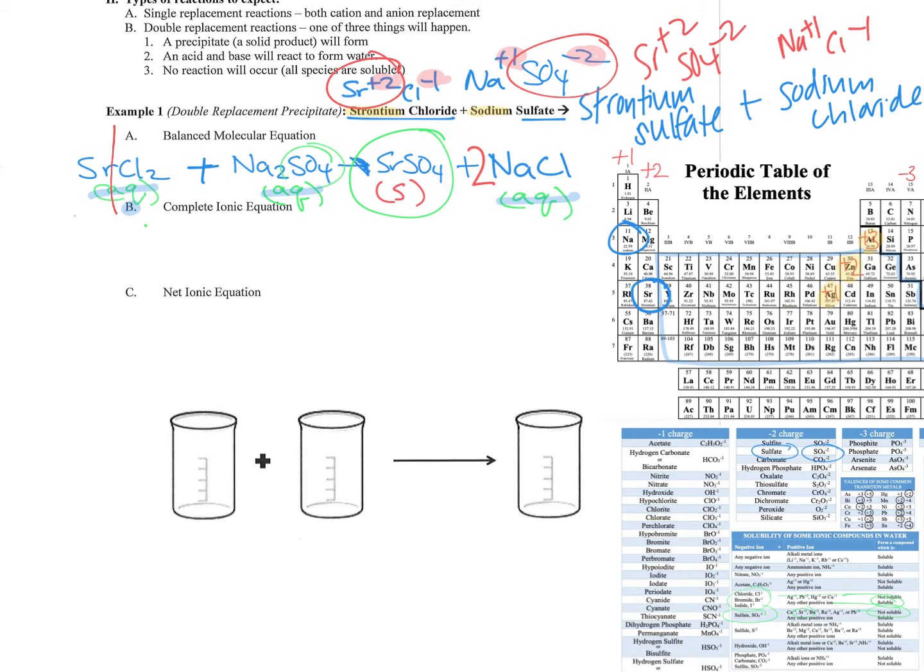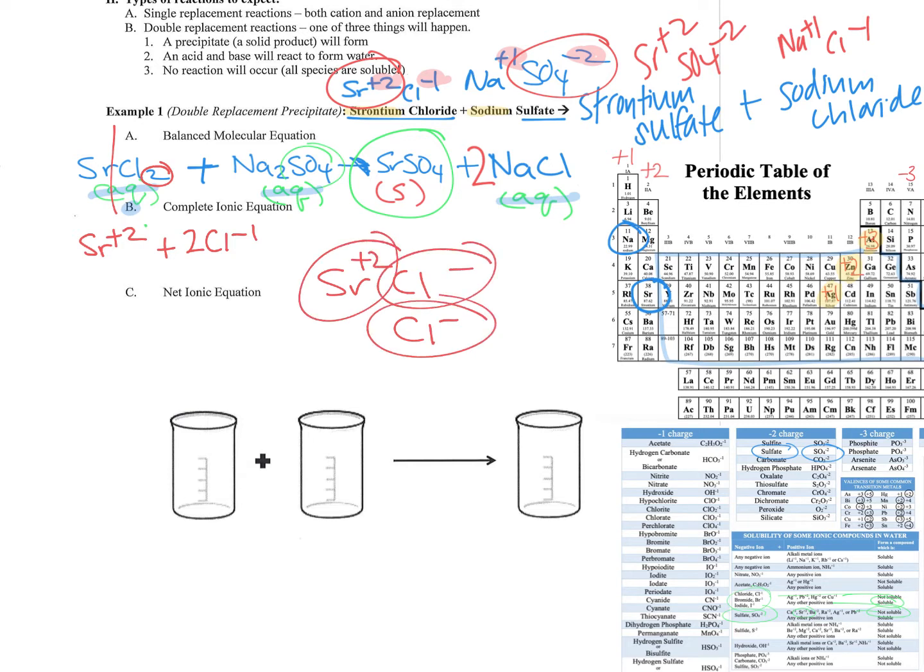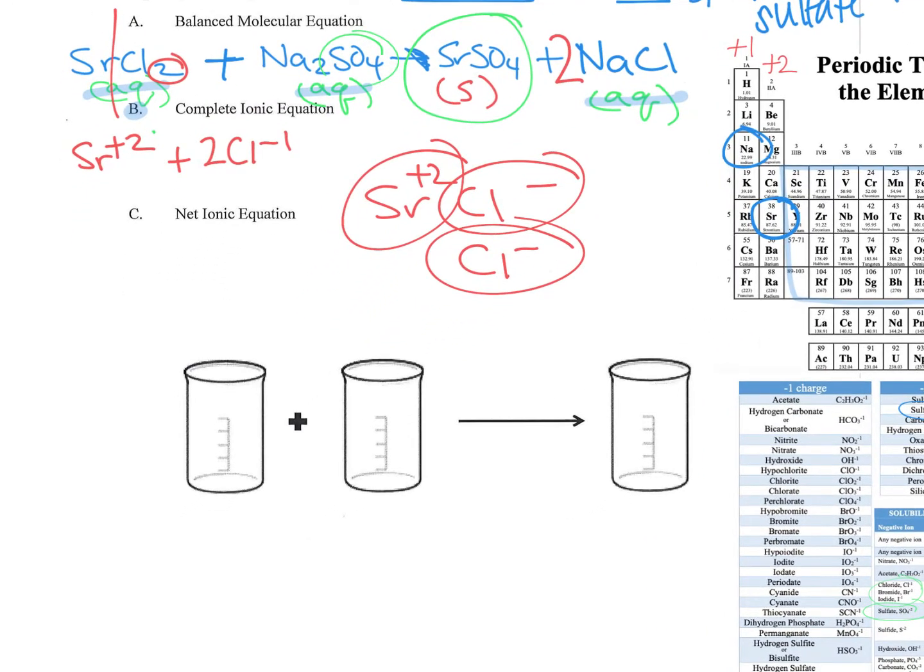So strontium chloride, when we dissolve this in water, we're going to see 1 strontium ion, and we're going to see 2 chlorine ions. So notice that little 2 from A becomes a big 2, because literally when strontium chloride dissolves in water, you're going to see 1 strontium ion and 2 chlorine ions. And if we were to just draw this in a beaker, you actually wouldn't see any of that. You would just see a dissolved clear solution. But then if we zoomed in at that atomic level, we could see the strontium ions and the chlorine ions